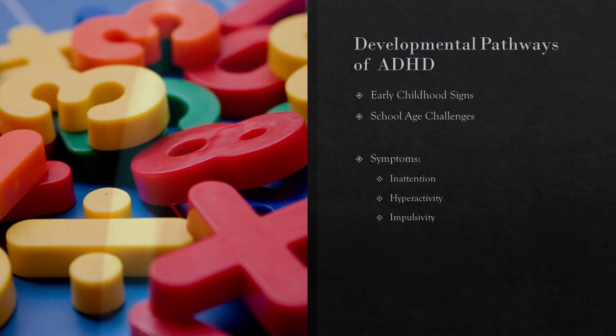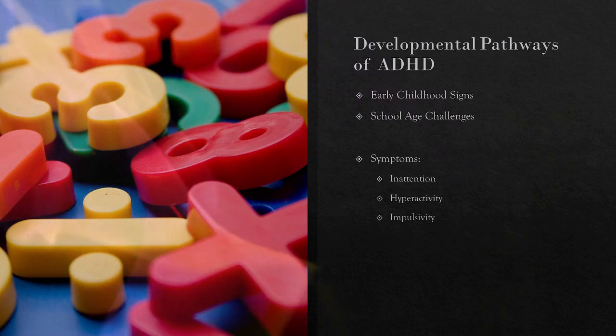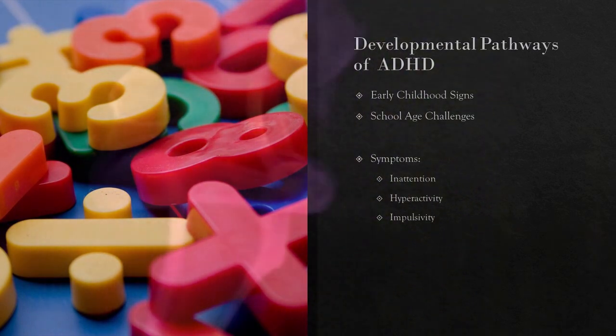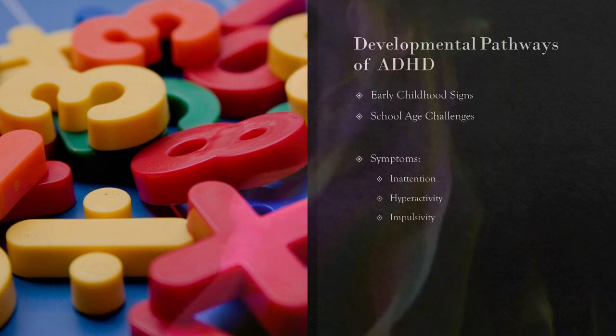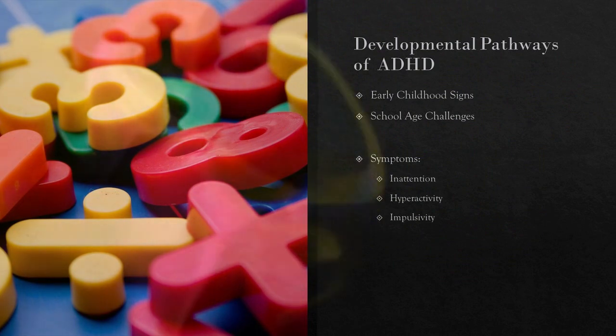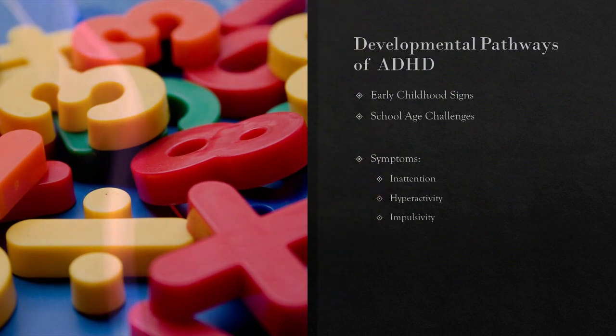Now, of course, genes in and of themselves are not always determinate. There needs to be an interaction between the genetic vulnerabilities and environmental factors, and that's been a key part of the research that has been going on. We're looking at people that might be predisposed to ADHD but only exhibit symptoms in the presence of specific environmental stressors, for example. So there's a lot of things that can go into ADHD, and we just need to recognize that.